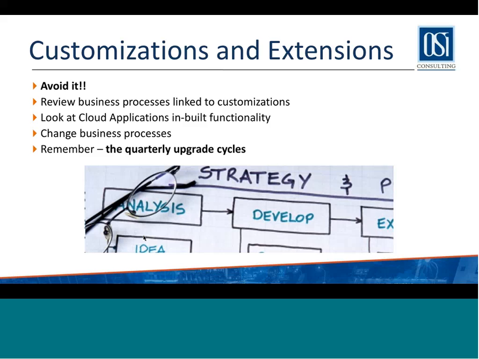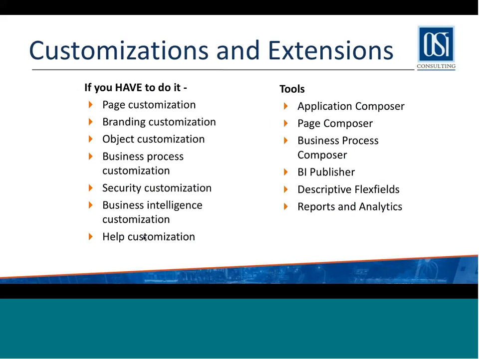So there will be an upgrade pushed every month. And every custom piece that is written has to go through a regression testing cycle before the upgrade. That's an additional effort and cost that needs to be factored in, in addition to just the cost of developing and testing the customization in the first place. So as I said again, the first rule would be to avoid it. Now, I have customers that understand all that, but there are ways they run their business that they absolutely need something that is not available out of the box. If you had to do it,